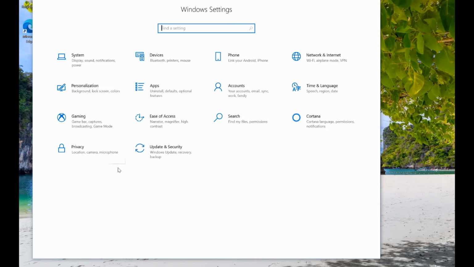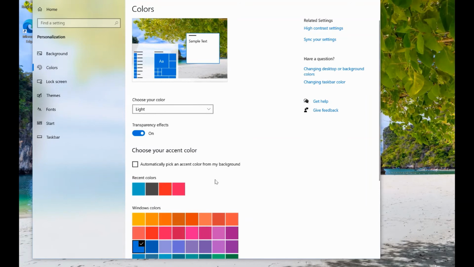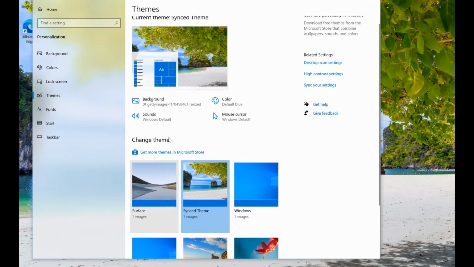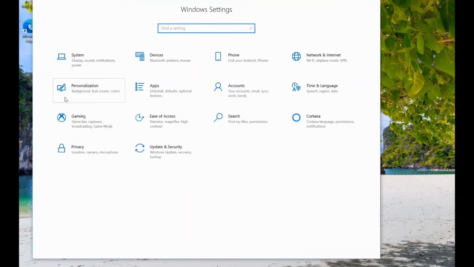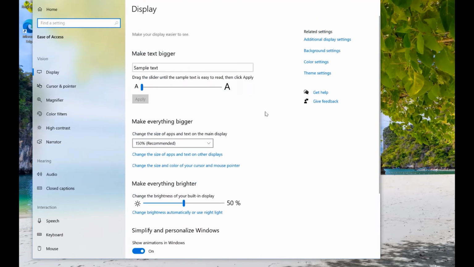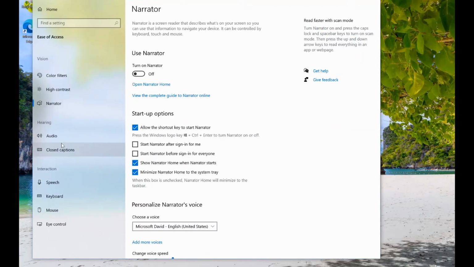Under personalization and ease of access, really make the device feel and work for you the way you want. Features such as changing your background, theme, and color choices can be found under personalization, whereas ease of access can help make your PC easier for you to use. Options here can help make it easier to see what's on your screen or even use your PC without a display at all with narration. It can also make it easier to use inputs such as your keyboard and mouse with a variety of settings available for each.